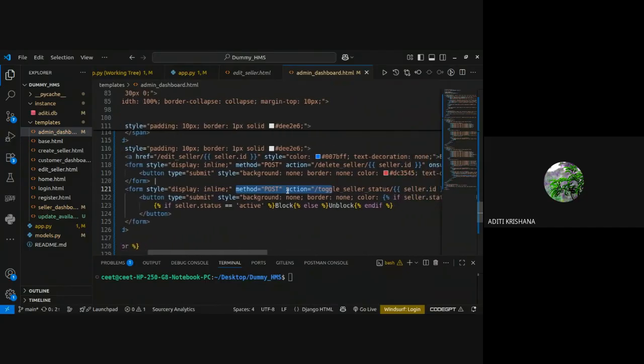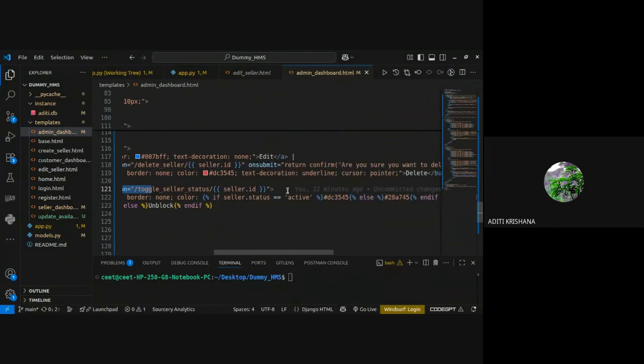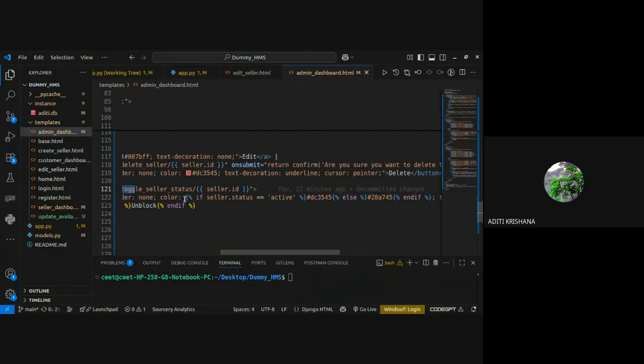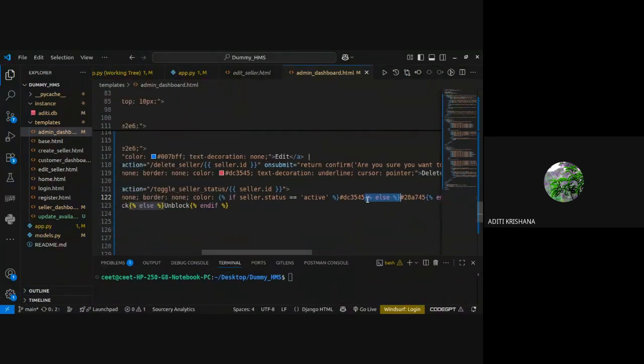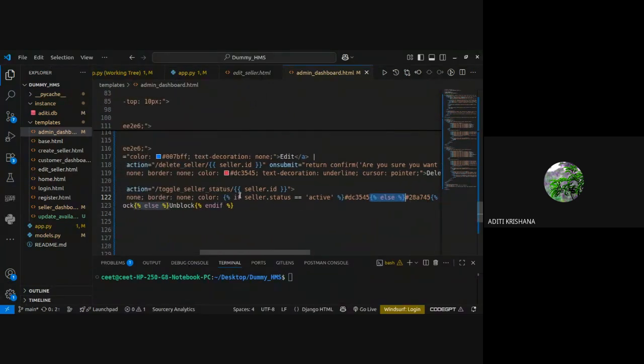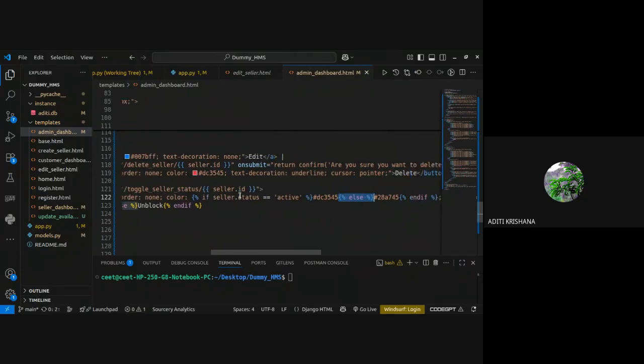And inside the button, you can see I have given an if condition here. This if condition is written with the help of Jinja 2. It is checking if seller dot status is equal to active, and an else condition is also there. And remember this: whenever we use an if condition, for loop, or while loop, we have to end it.